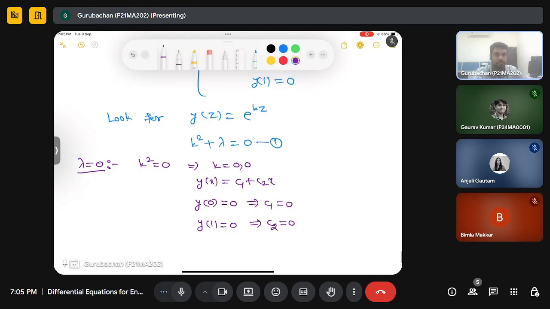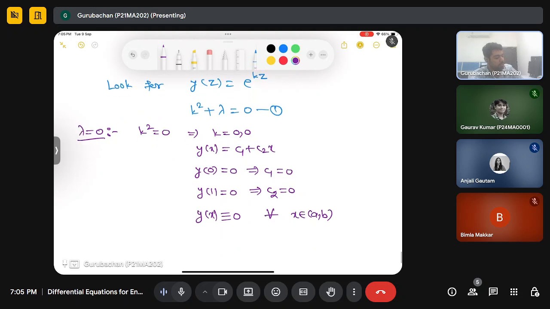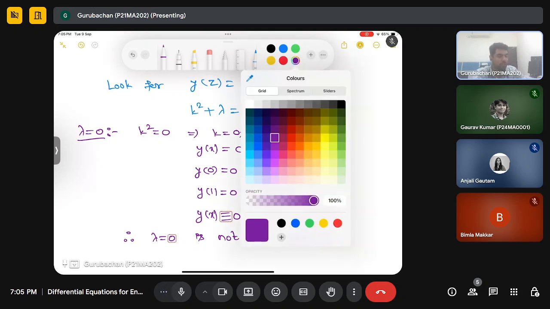So from here, y of x is a trivial solution. Since y of x is a trivial solution, therefore lambda equal to 0 is not an eigenvalue for the given SL system. I am not again writing that given SL system. I am directly saying lambda equal to 0 is not an eigenvalue for this particular system, that you will assume by yourself. So next is